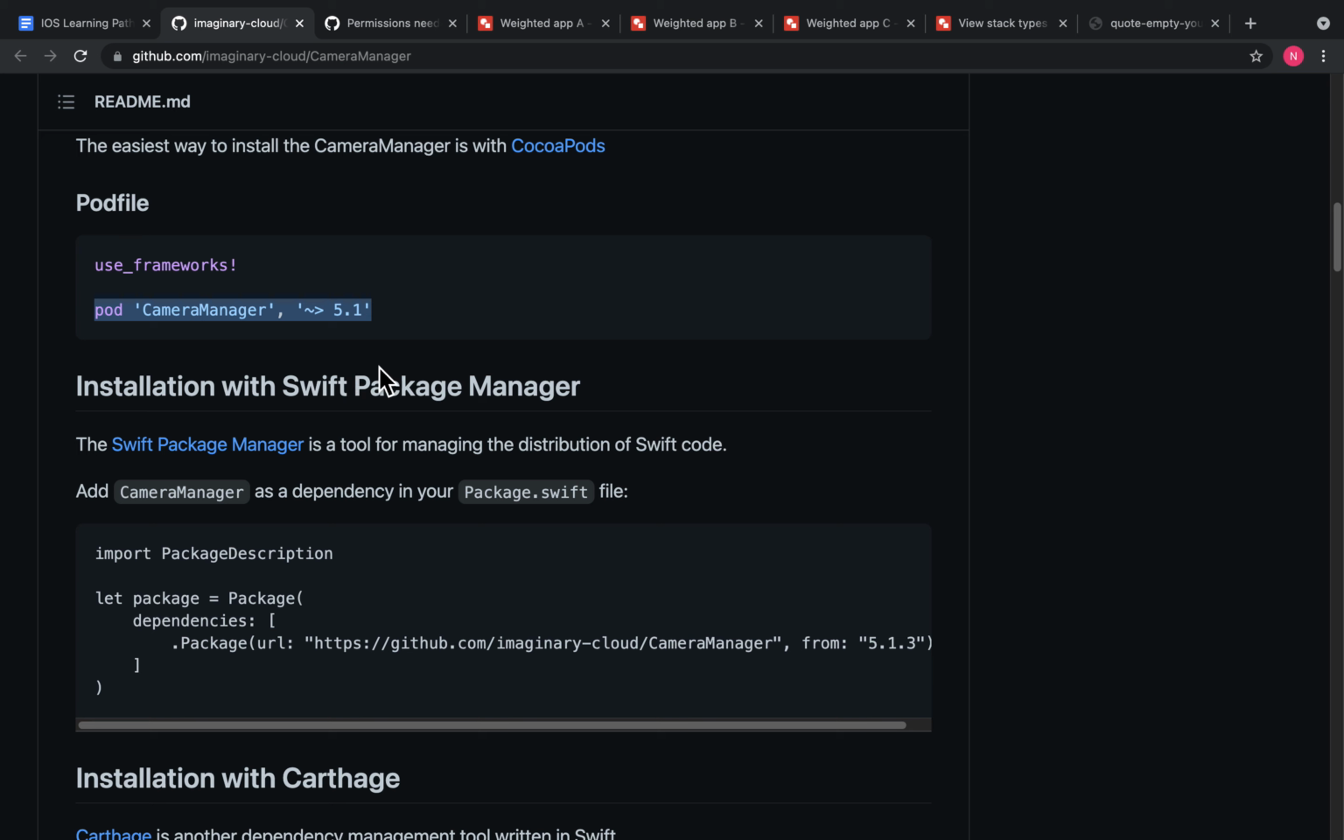reminder. Sometimes in GitHub projects, you see a pod and you see an option to install a Swift package manager. Swift package managers are usually faster to deal with, so I usually prefer to use them when I see them instead of using a pod. But